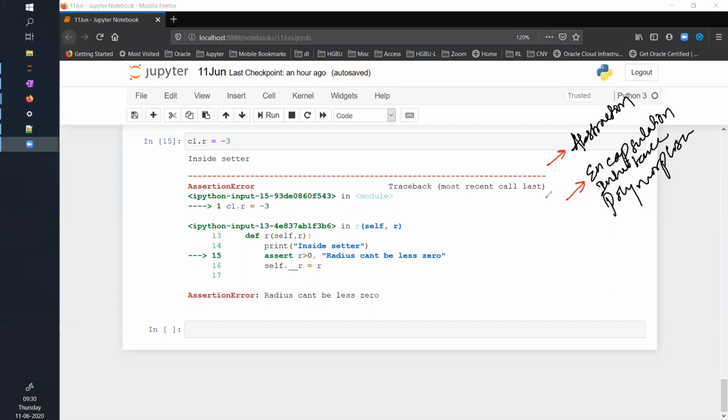That I'm sure. Some shapes might have some additional functionalities, but for sure they will have area and perimeter. Everyone agrees to this? Yes, sir.